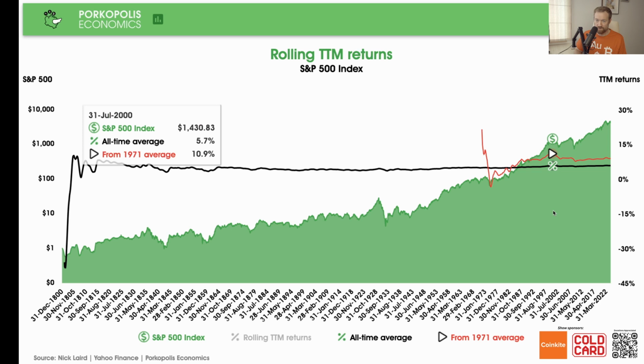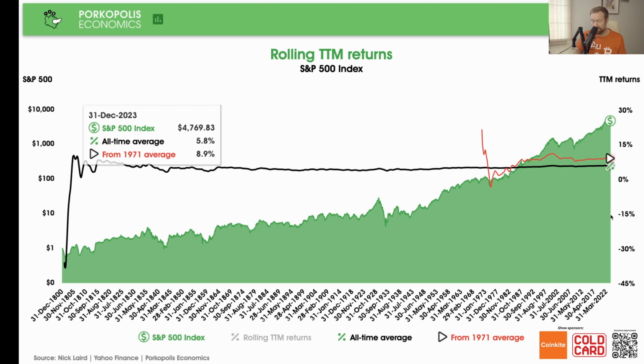It was even higher, but we're very, very high highs here in July of 2000, the peak of the stock market, the NASDAQ bubble, 10.9% average trailing 12-month return if you started averaging those volatile returns from 1971. And we fall down with the two crises, the end of the dot-com bust, and of course the subprime 2008 bust, worldwide financial crisis. But back up, and again, let's just go all the way out till last full month's data, December 2023. The all-time average from the 1800s, 5.8%. From 1971, the average